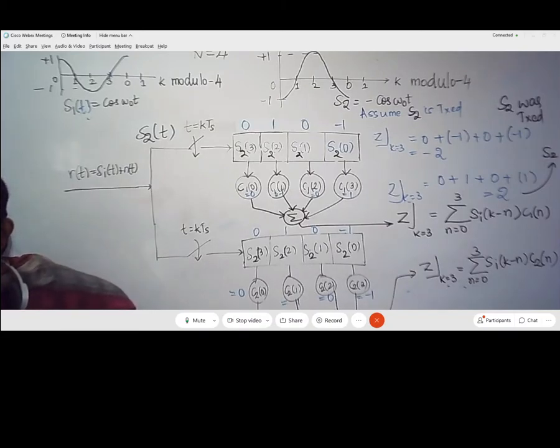So I am going to post an assignment in your Moodle. You can go and check. You have to come up with a solution for the sample matched filter. I am going to give you the assignment. You can check it out. And this particular part, whatever the topics that I am dealing with now, it is the 4th chapter from the textbook Digital Communication by Sklar. It is the 4th chapter in your prescribed textbook. Go and start studying from the textbook.